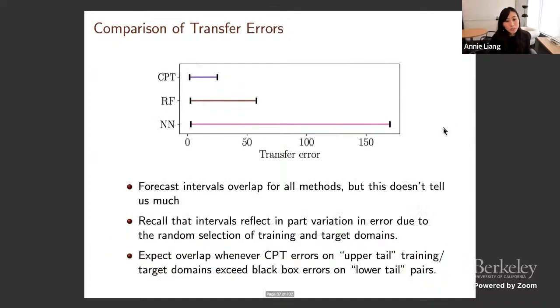Right. You might also notice that here the forecast intervals are overlapping. That's actually less informative than it seems initially. The reason is this observation that we made previously, right? These intervals are reflecting in part variation in error due to the random selection of training and target domains. So we're going to expect an overlap in these forecast intervals,